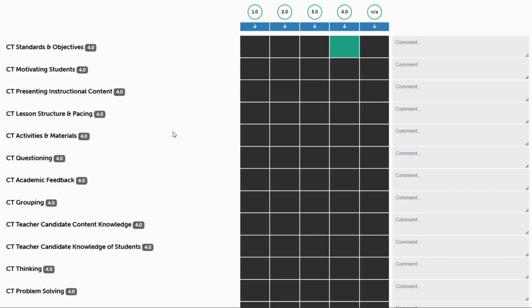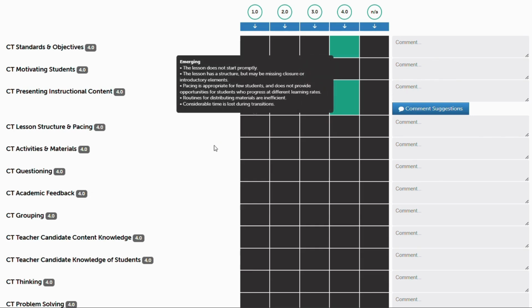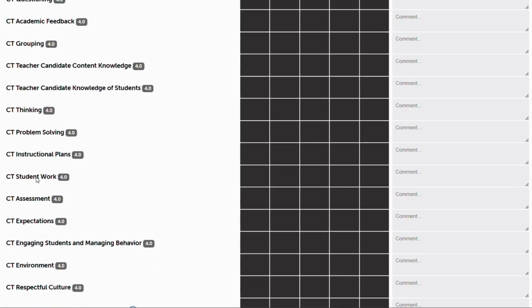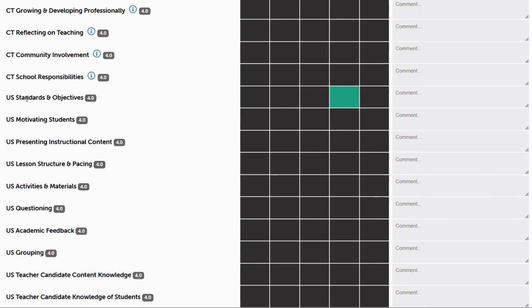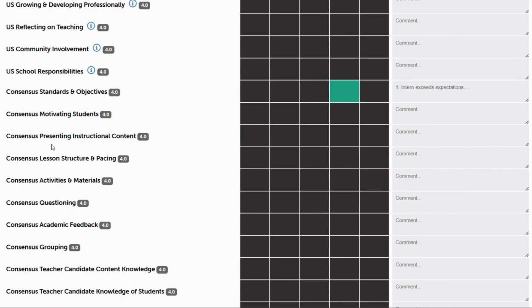This is what the SETS 4.0 rubric assessment looks like. The scores for each indicator are listed here along the top. You, as the assessor, can click the box that corresponds with the candidate's score for each indicator. Please note that this assessment does require scores from the coaching teacher, the university supervisor, and the consensus scores. Consensus scores should be reached between the coaching teacher and the university supervisor during the midterm